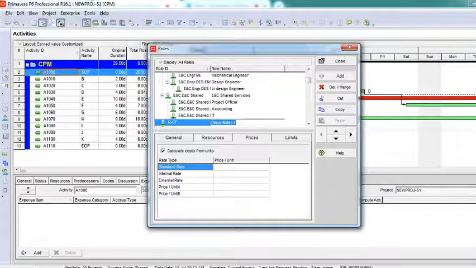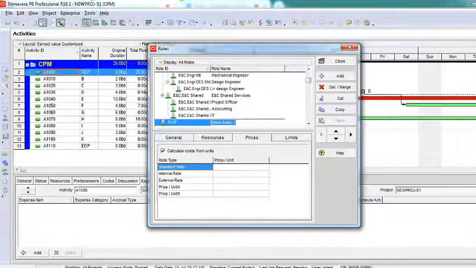Now do we really need to do that separately, or can I just add only roles? Do I really need a resource then? The answer is, if you do not want resources to be created separately, you can just add the roles. You need not tell who is doing it. But the problem will be when you are accounting: when you have multiple project managers, multiple planning engineers, multiple supervisors, you would like to know who is the person performing this role, right? That is when I need resources.